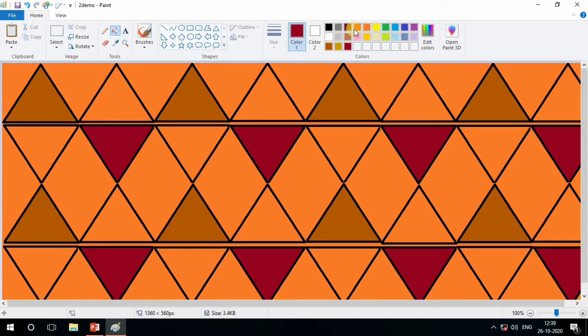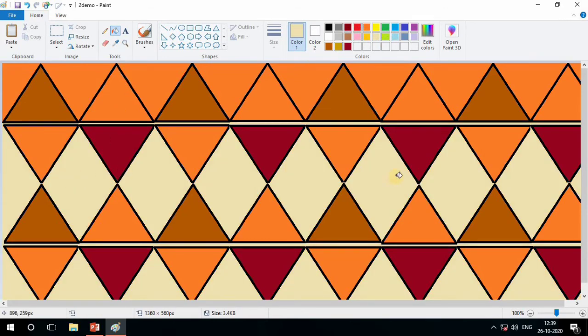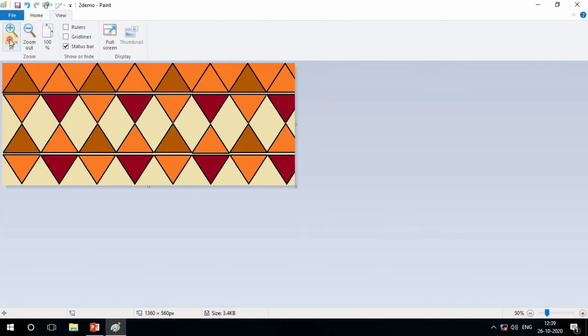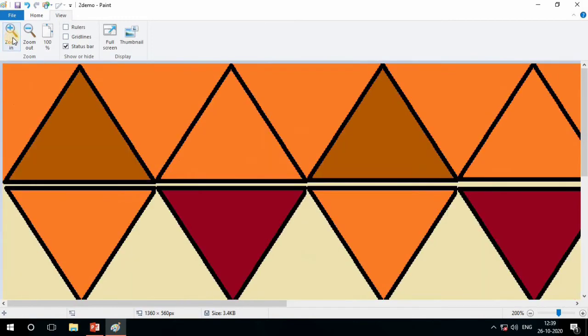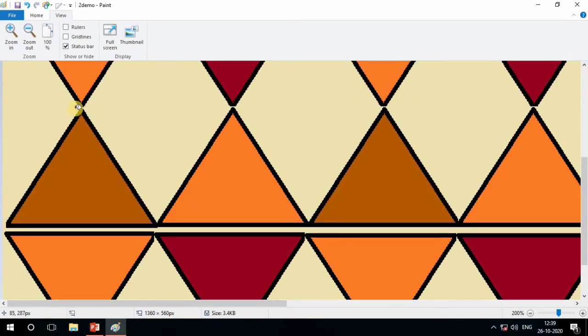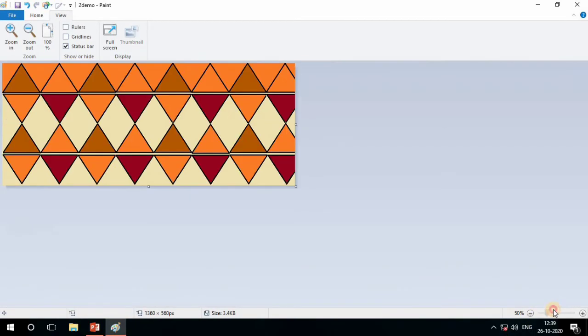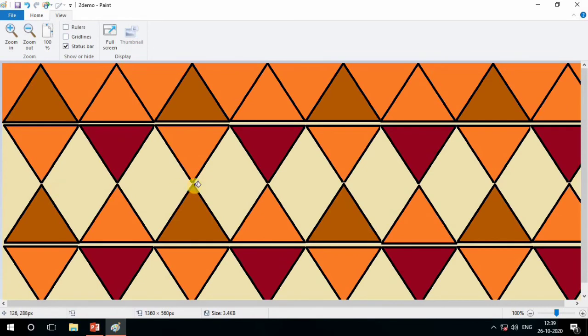Now see, choose a different shade. See, by filling here the whole picture changes. Why? Because you can see here, I will zoom the picture from the view. You can see here the edges are not completely filled. Yes, the edges are not completely filled here. So first of all we have to fill the edges. Then and only then can we change the picture shade.